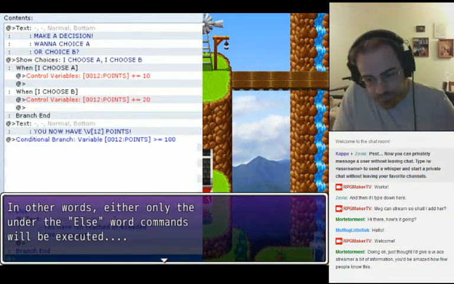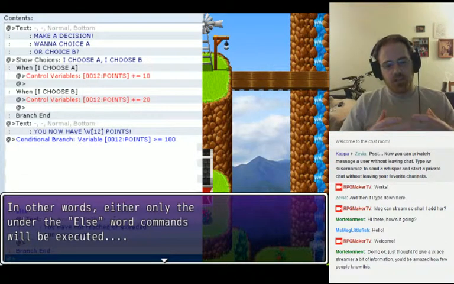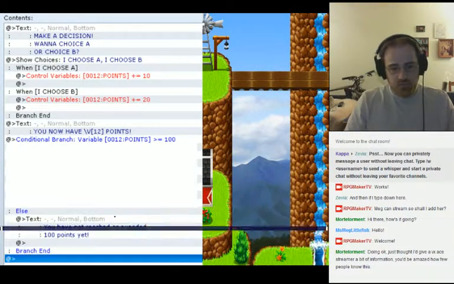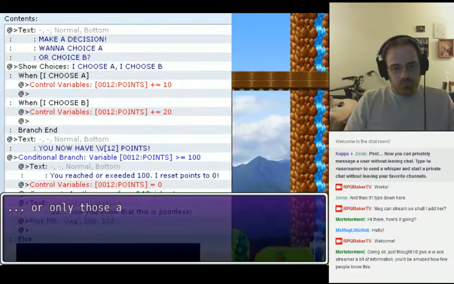Oh, yeah. In other words, either only the under the else word commands will be executed, or only the